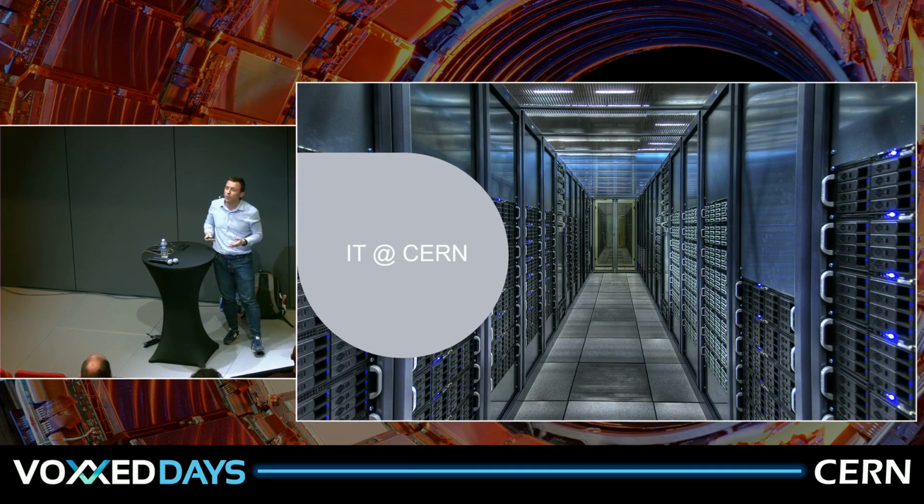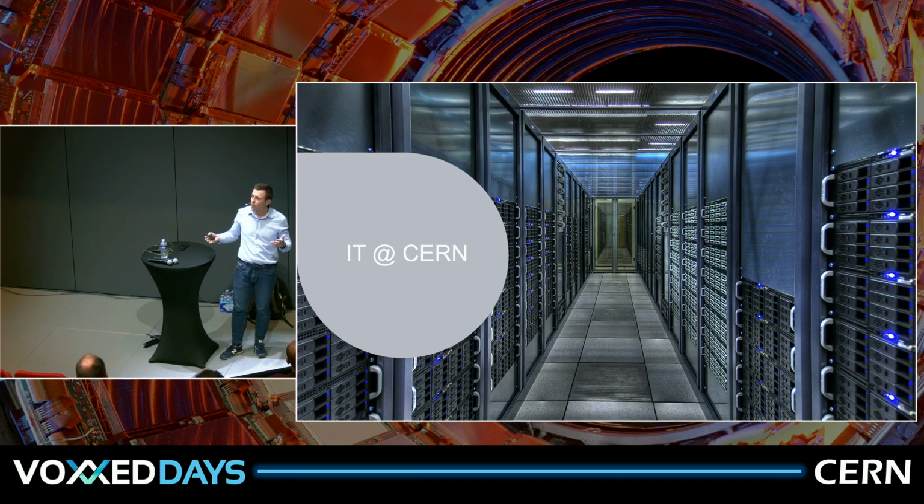So I'm a part of the IT department at CERN. We are around 600, 700 employees working directly in the IT department. The department itself is hosting services that are used by other users in the organization. So we are hosting, for example, the mail infrastructure. We are hosting some of the services such as Elasticsearch or OpenSearch and other services that are used by other